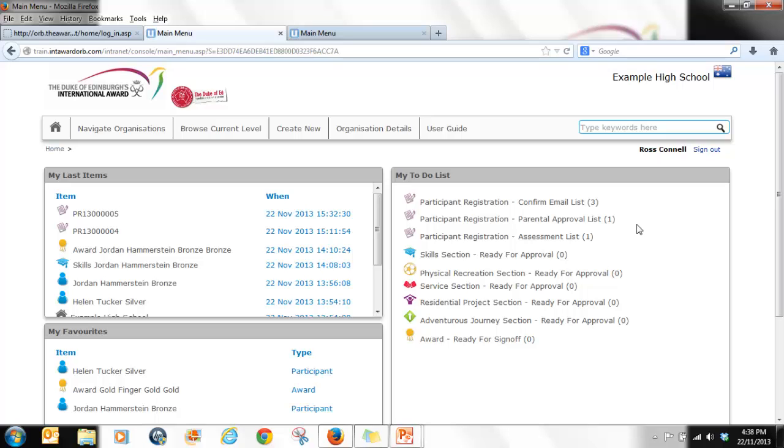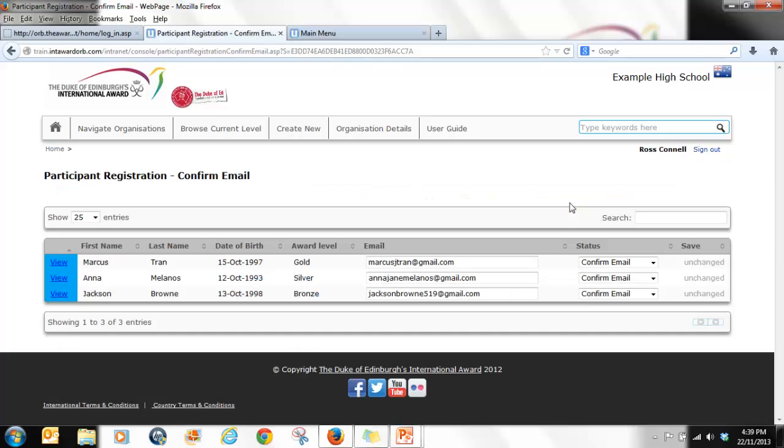If any of your participants seem stuck in the process of the registration, you're able to help them out with your access on the online record book. So for example, if a participant comes to you and says they've never received the validation email that comes after they've submitted their registration, you can have a look in your confirm email list just to check that they've put the correct email address in the system. If they can confirm with you what their correct email address is, you're able to edit the information in here